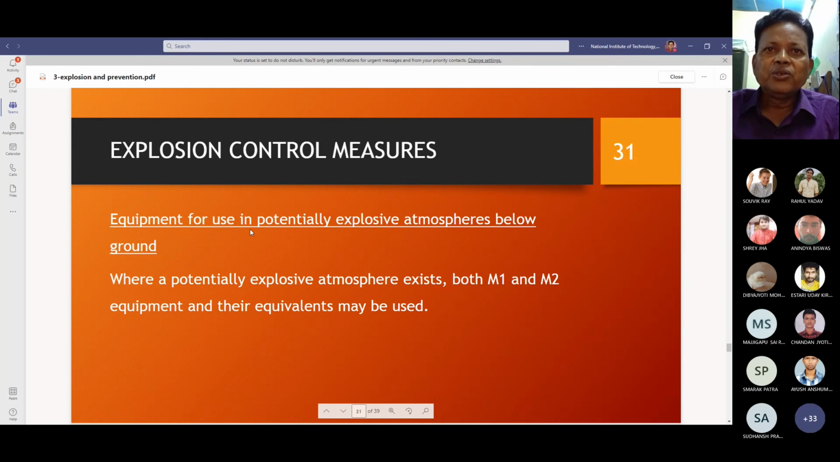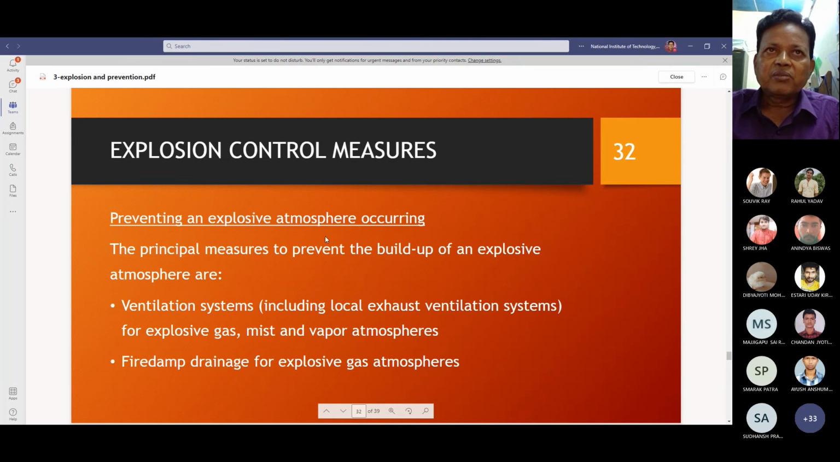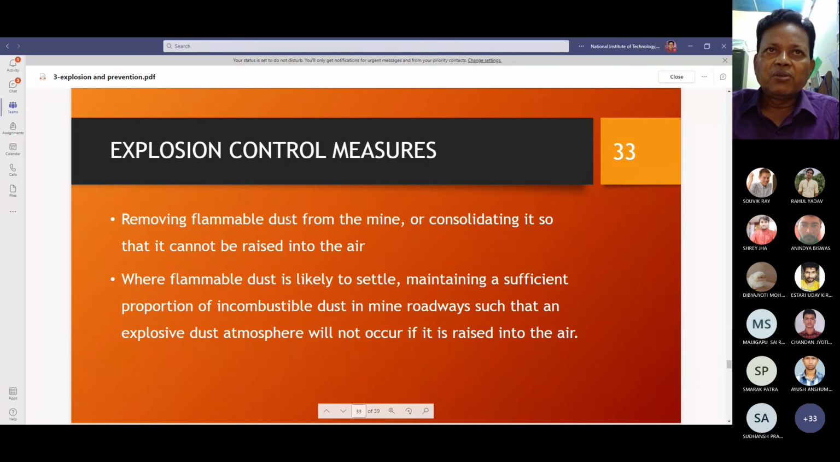Equipment for use in potential explosive atmospheres. Where a potential explosive atmosphere exists, both M1 and M2 equipment and their equivalents may be used. Preventing an explosive atmosphere occurring in your mines. The principal measures to prevent the buildup of an explosive atmosphere are ventilation systems, firedamp drainage for explosive gas atmospheres, removing flammable dust from the mine atmosphere, where flammable dust is likely to settle, maintaining a sufficient proportion of incombustible dust in mine fluids,